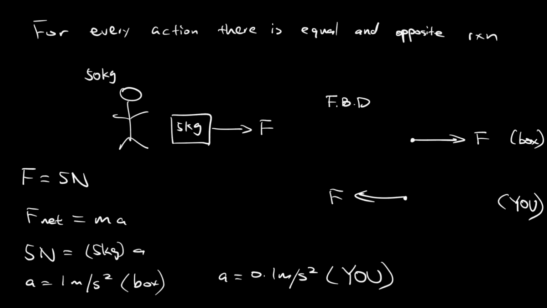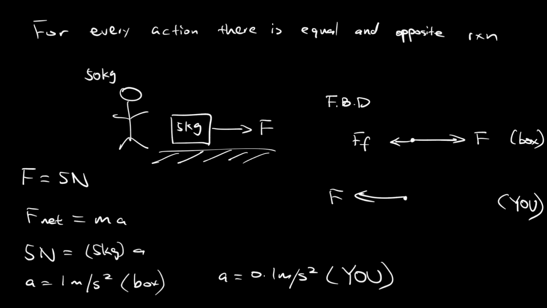So why in real life don't you move? Let's say the box is on a table here. How come you don't move but the box moves? Well, remember earlier we were ignoring friction? There is friction. When we add in friction, here is friction, F sub f. So this is why the box moves when you push it: the force that you exert on the box must exceed the force of friction. Notice how this arrow is longer than this arrow. The magnitude of the force that you apply on the box is much greater than the friction,